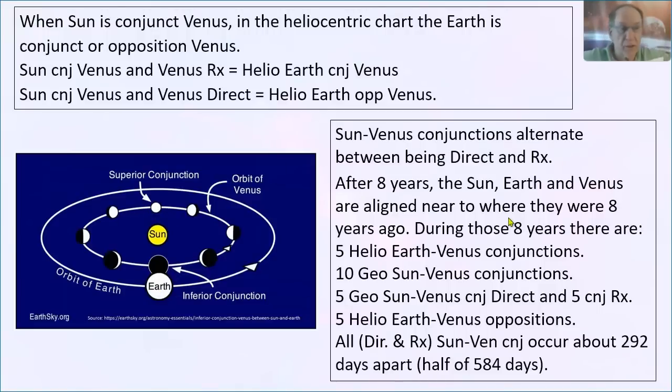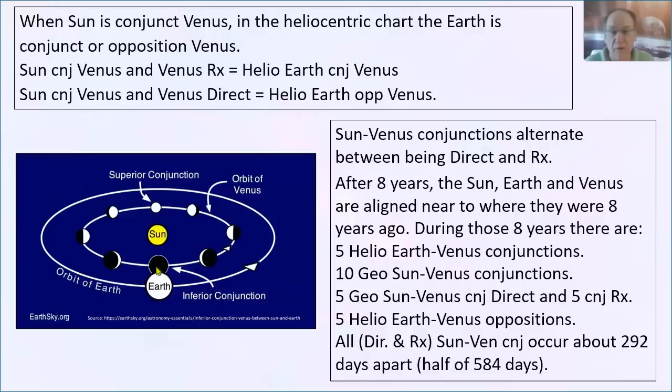So here's the bottom line. When there's a Sun-Venus superior conjunction, Venus is moving direct and it's moving very fast. What's its fastest speed? A little over 1.5 degrees, I think. It's going fast. So if you have a Sun-Venus conjunction in your chart, Venus is either moving very fast or it's retrograde. It's one extreme or the other. If it's an inferior conjunction, Venus is retrograde because the Earth is like passing it by and Venus appears to